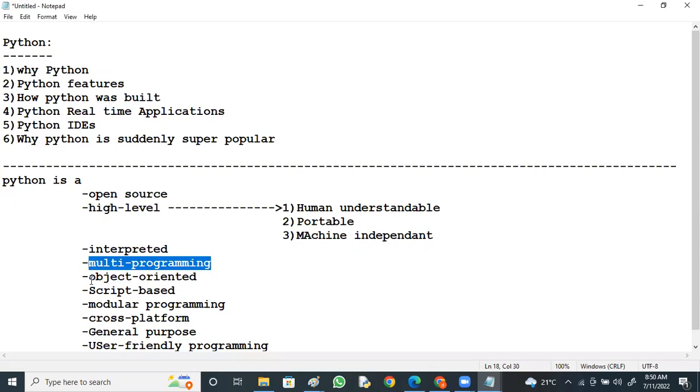Python is an object-oriented language, right? What advantages do we see with object-oriented programming? Mainly security. If you are developing any application with object-oriented programming, it is going to achieve security,